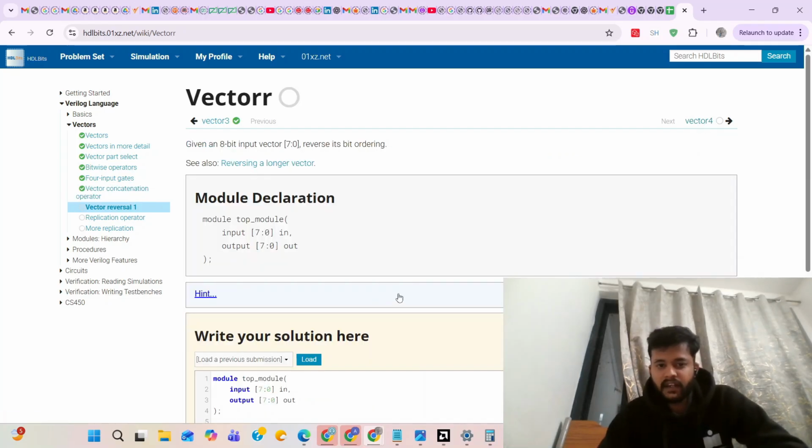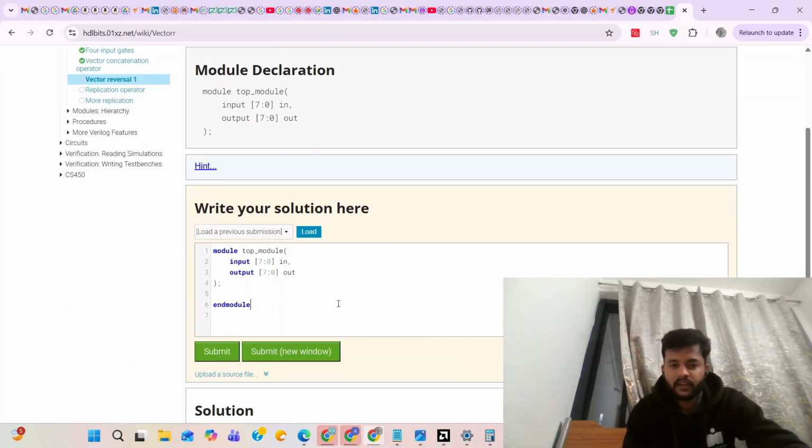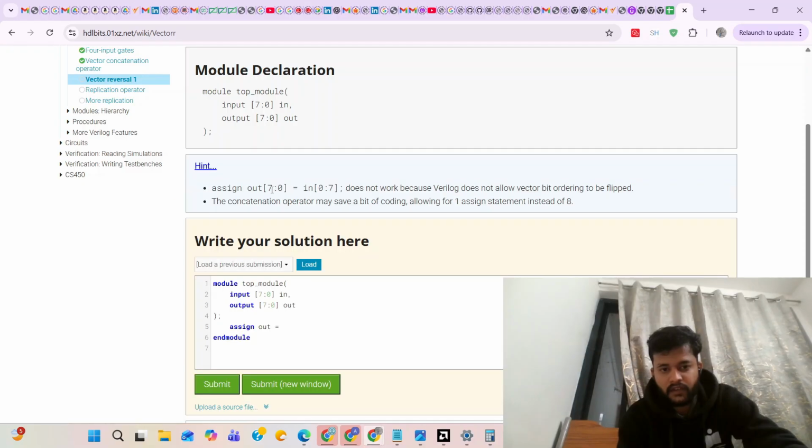So yeah, vector reversal. In this we have been given an 8-bit input vector and we have to reverse the bit ordering. Okay, we'll use an assign statement. We'll use out. What is the hint given?